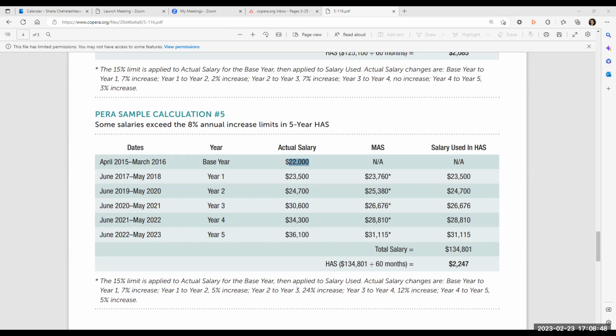So those are the three tiers of what makes up your retirement benefit. Let's go ahead and get to some of the questions now that I've explained the largest things I get questions on. Definitely that highest average salary is a huge one. So let me go back to my presentation here that I actually thought I was on, so I really apologize.